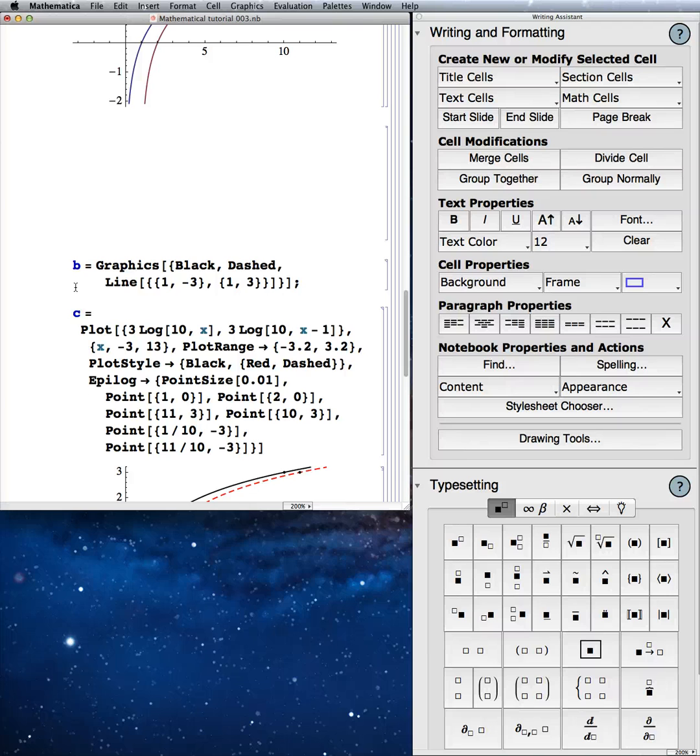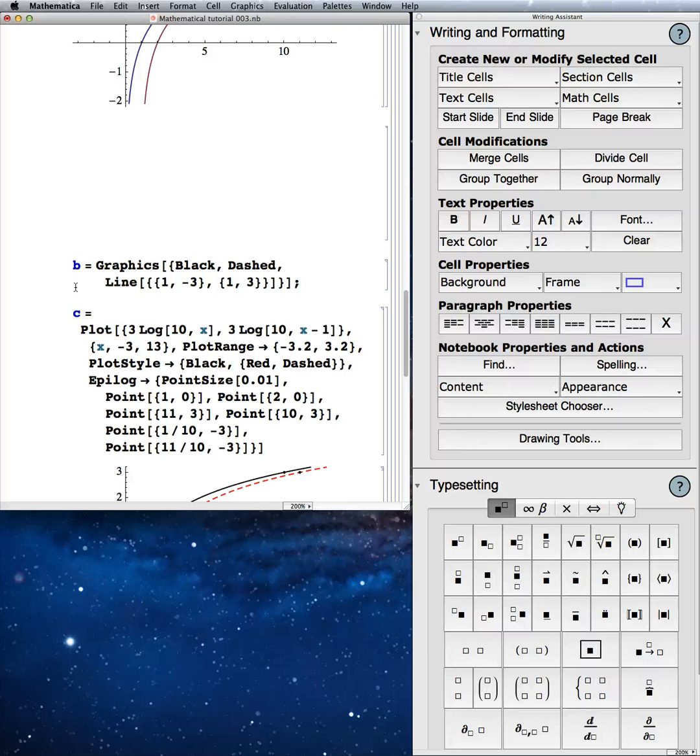So the command to do that is graphics. So I'll do graphics, left square bracket, in curly braces, black comma dashed, which is I'm going to draw a dashed black line, and the command to do that is line, and the line is going to go from 1 comma -3 to 1 comma 3. And I'll label this line B, and I'll create a plot, which I'll label C